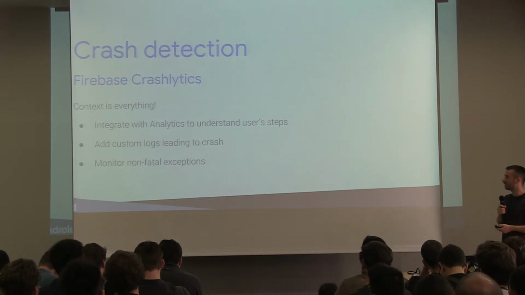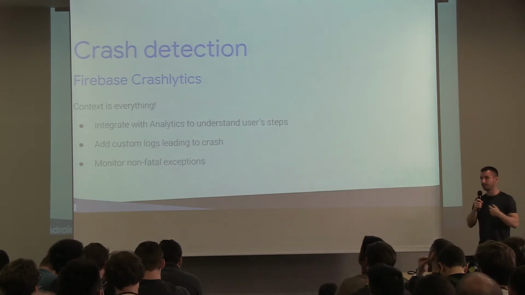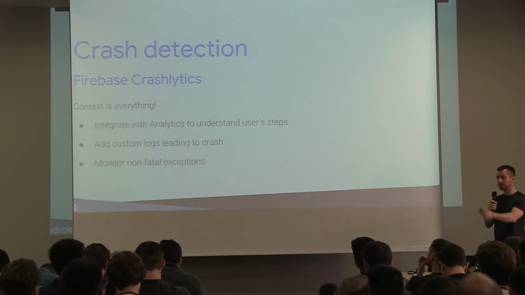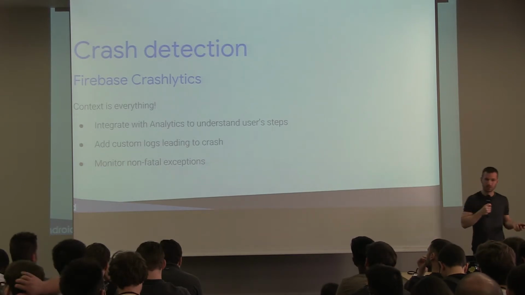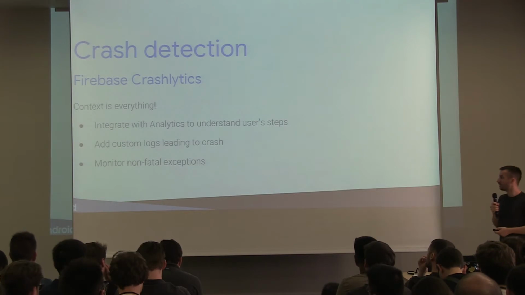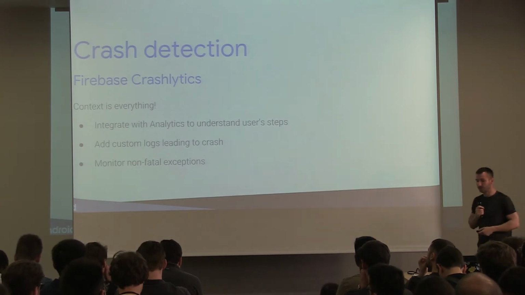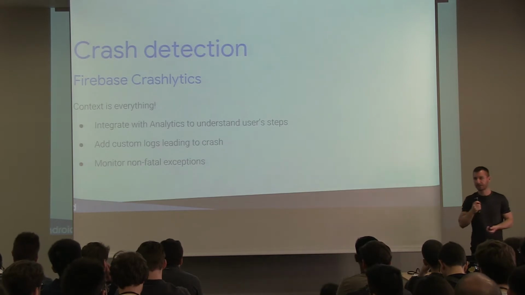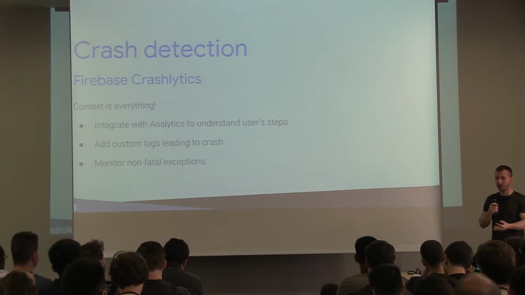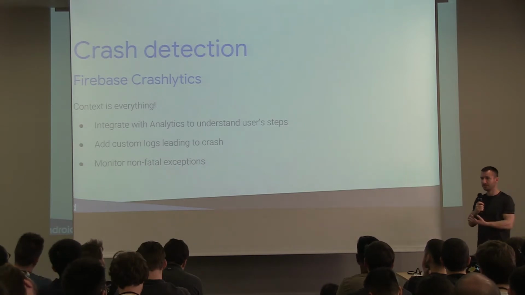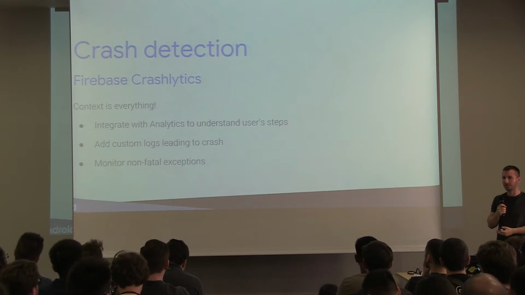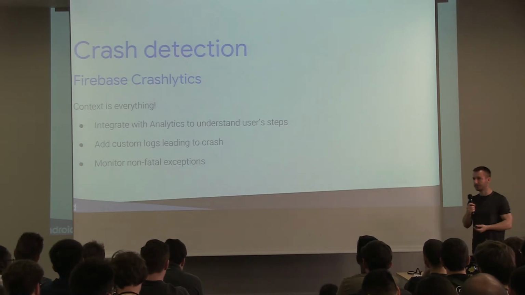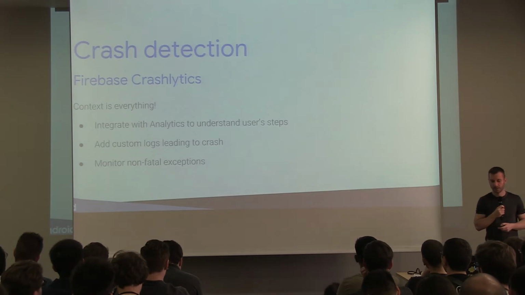It's super easy to integrate Firebase Crashlytics into your app, and it gives you a lot more information about the crashes. It integrates with analytics to give you something like a user journey towards the crash. And then you can add custom logs leading up to the crash. You can just log more things and then look at whatever variables you had there. And then you can monitor non-fatal exceptions. A crash happens only when there's an exception that is not caught and crashes your app. But if you have exception handling in your app, and there's something wrong but you caught it and maybe recovered and your app continues working, you can still monitor those, and it'll let you know what's happening on users' devices.